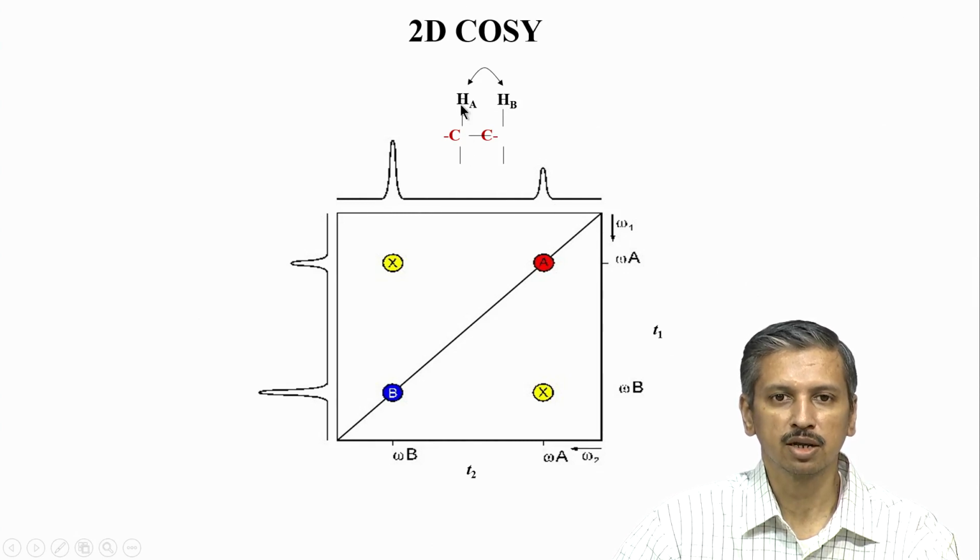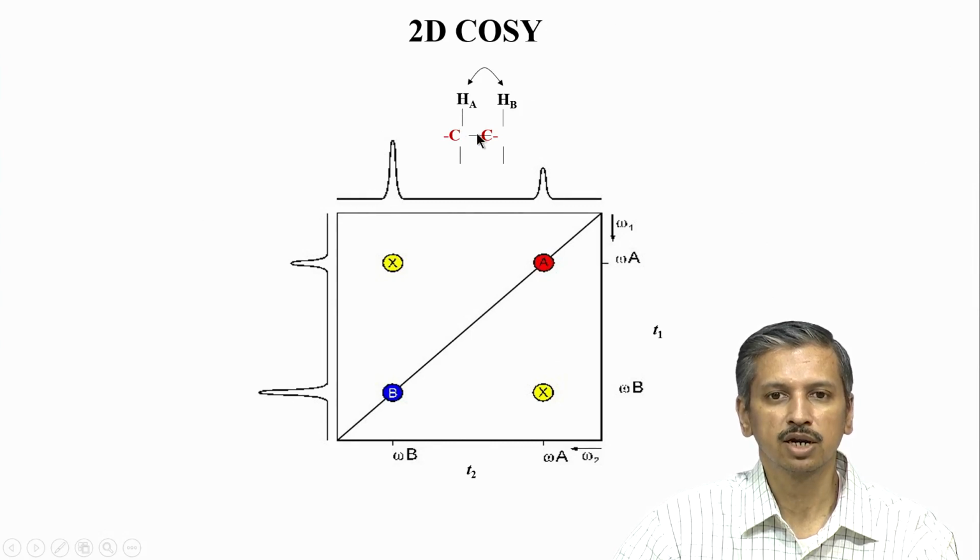But very rarely you can have a coupling between this proton and a very far away one. So, COSY actually exploits up to 3 bond. 4 bond and 5 bond coupling is very difficult to detect with a COSY experiment, and therefore, we can't actually go beyond a few carbon atoms.